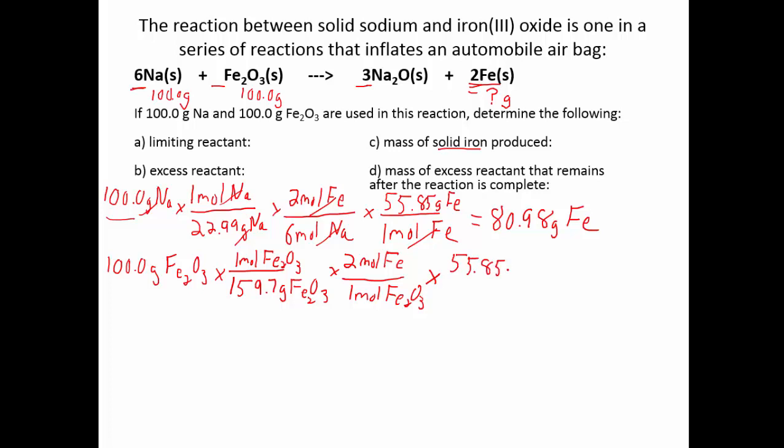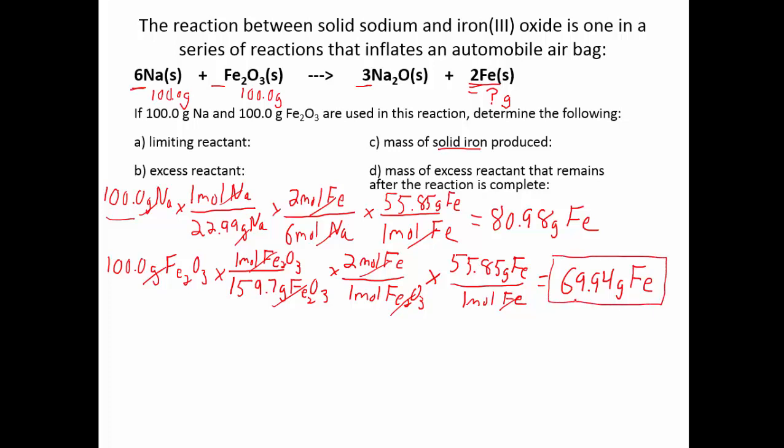55.85 grams of iron is the same as 1 mole of iron. So in the end, grams would cancel grams, moles cancel the moles, moles cancel our moles, and we're left with about 69.94 grams of iron. Now, if we look back, 80.98 versus 69.94, the smaller amount is the one that's our